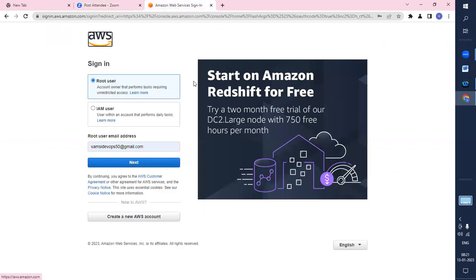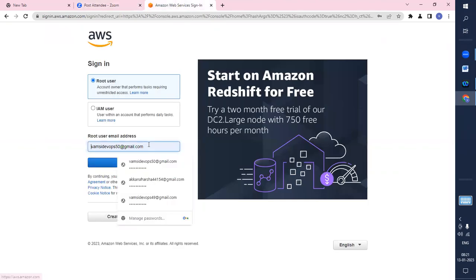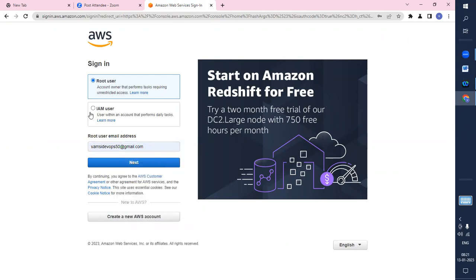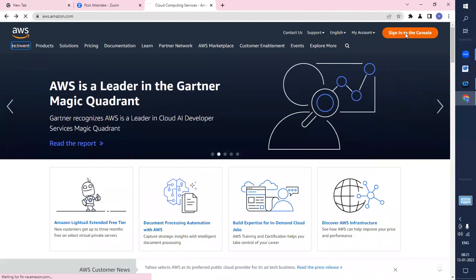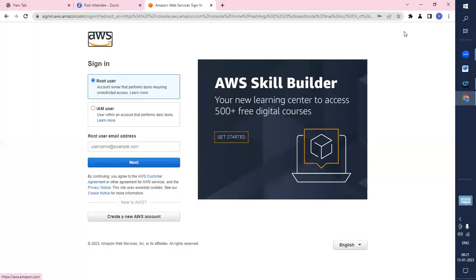Just click on sign in to the console. And here you see, this is the page you will get. I'm going to refresh once again. See, we are just clicking on sign in to the console. Once you click on it, first you will go to the website called aws.amazon.com. There you will find, on the top, an option called